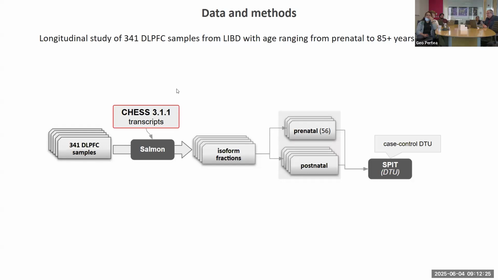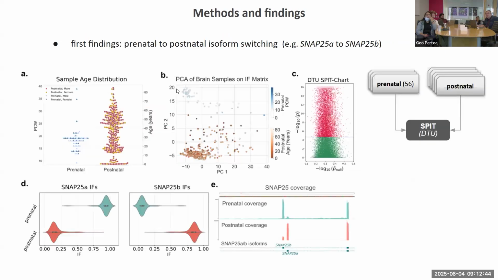And sorry, this was a simple DTU analysis, differential transcript usage analysis between prenatal and postnatal at this first stage. So it was treated like a case control DTU analysis. So again, this is just the initial stage. It doesn't do any age prediction per se at this level. It's just a simple postnatal versus prenatal. You could do a prediction based on that, but basically they observed a sort of systematic isoform shifts around birth,